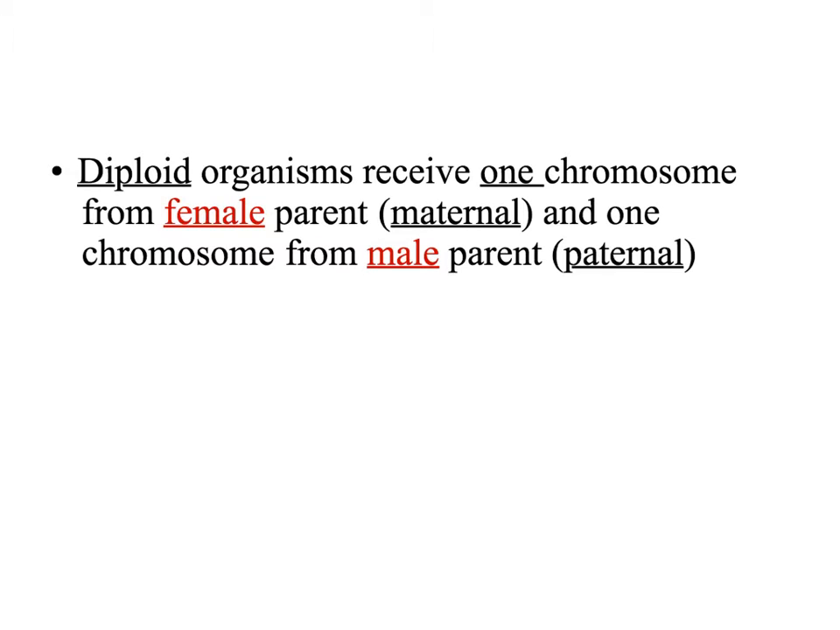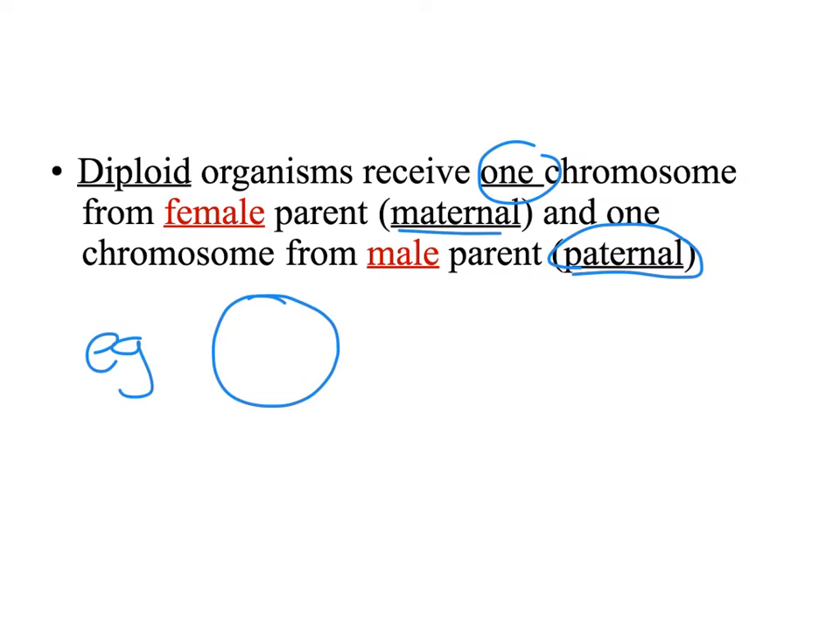Diploid organisms have two sets of chromosomes. Diploid organisms receive one chromosome from their female parent. We call it maternal chromosome. And one chromosome comes from the male parent. We call it paternal chromosome. During fertilization, for example, this is your mother's egg, and this is your father's sperm. During fertilization,